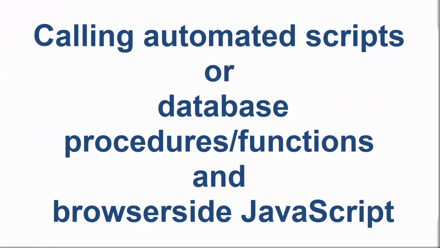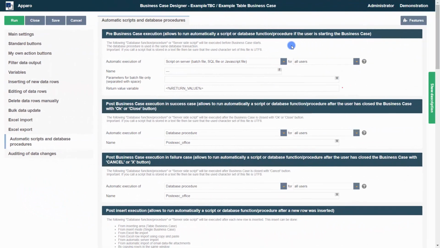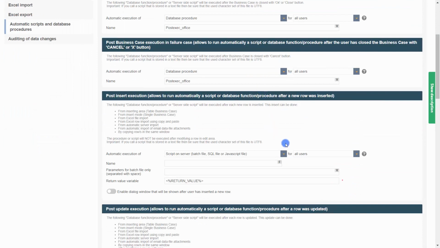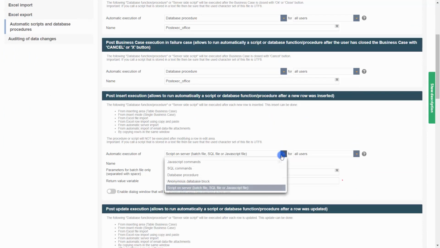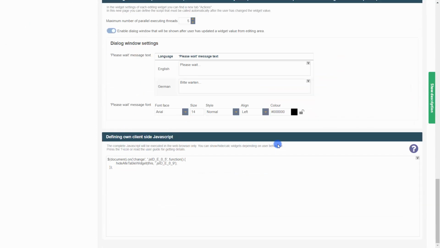Calling automated scripts, or database procedures and functions, and browser-side JavaScript. Another way to process data outside of FastEdit is to call external scripts and database procedures or functions via user-defined buttons or links, or automatically when predetermined events occur, such as when the business case is started or closed, when data is inserted, updated, or deleted, when Excel is imported, or simply when users check a box, or select a